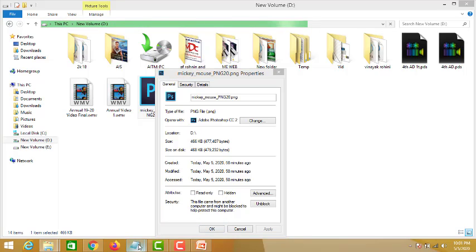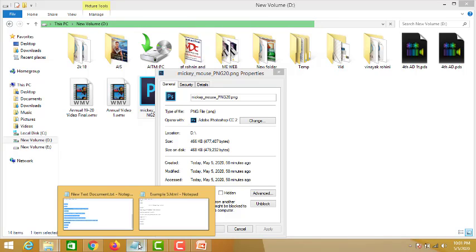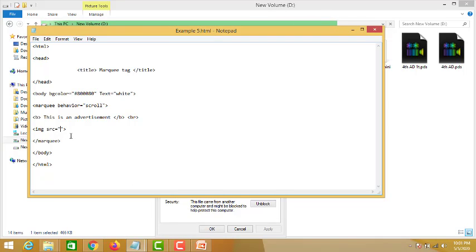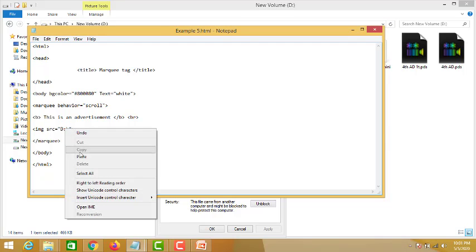Then you need to go to your Notepad file, that is HTML example5.html. Here in the image source location we'll paste it, Control plus V or right click and paste it.